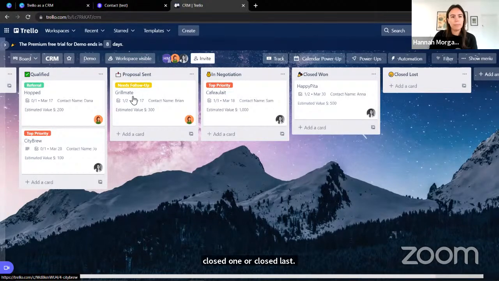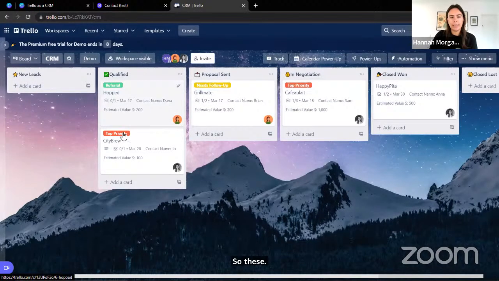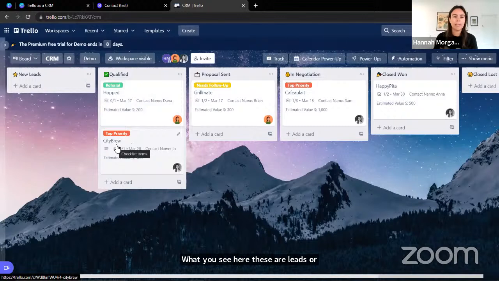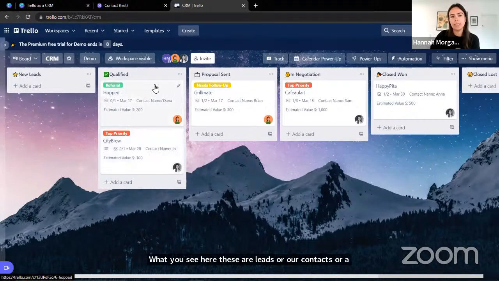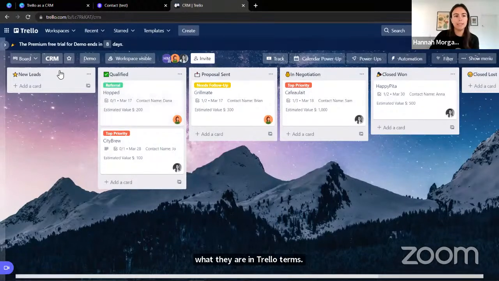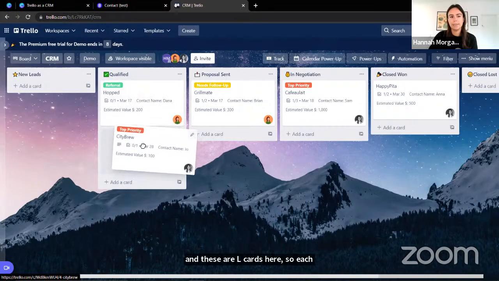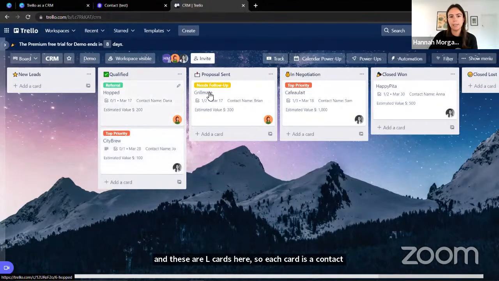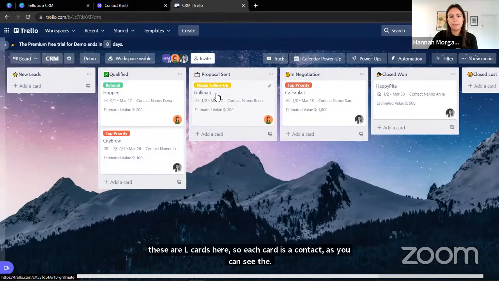So what you see here are our leads, or our contacts, or our clients. In Trello terminology, those sticky notes that I was showing on the whiteboard are called cards. So these are our lists and these are our cards here. Each card is a contact. As you can see, the name of the card is the name of the company